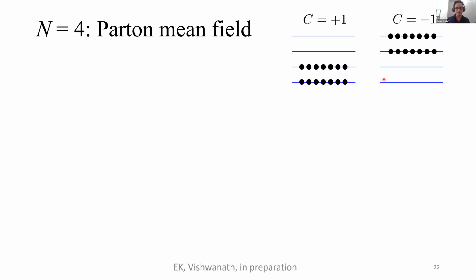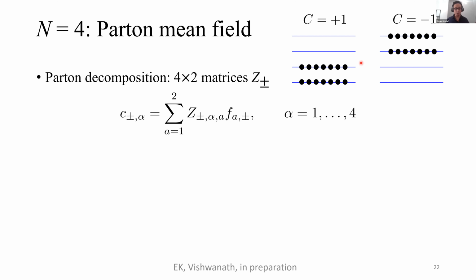So in this case, we are filling 2 out of 4 bands in each Chern sector. And we can do a very similar parton decomposition. So now this is an operator that has 4 components. It's a fermion that has 4 components, and we write it in terms of our 2-component fermions that describe these 2 filled bands. And they're related by a bosonic object that is a 4 by 2 matrix. So this representation has a larger gauge redundancy. It actually has a U2 times U2 gauge redundancy.